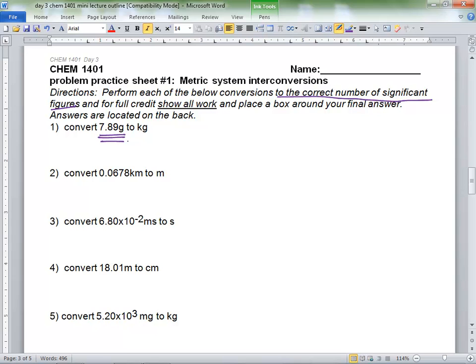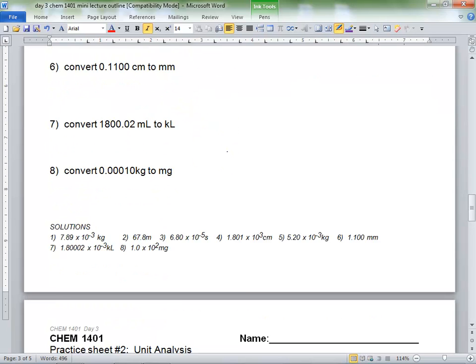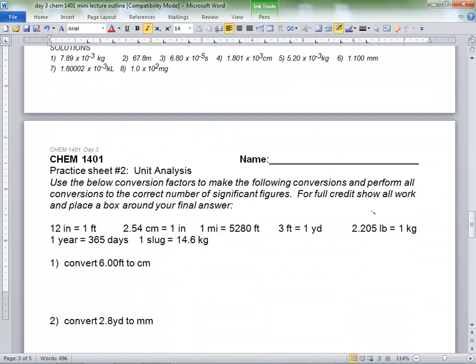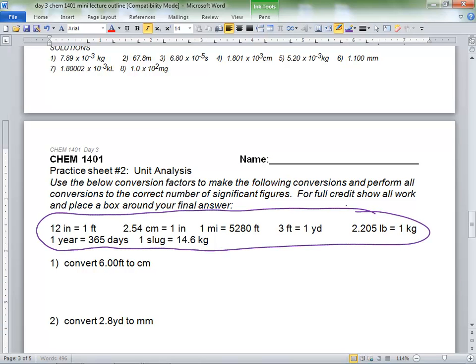So this first one isn't very complicated. But I'm going to stick with this box thing because they are going to get complicated and they're going to get long. So play the same game. Now, what conversion factor do we need? If you take a look down here, I give you all the conversion factors you pretty much need, except I don't give you these,